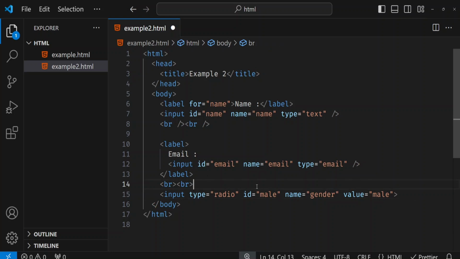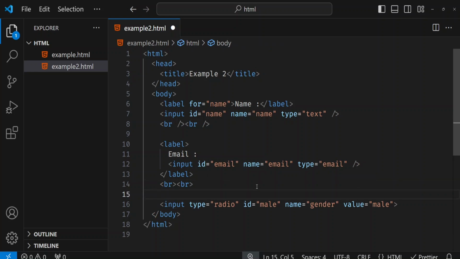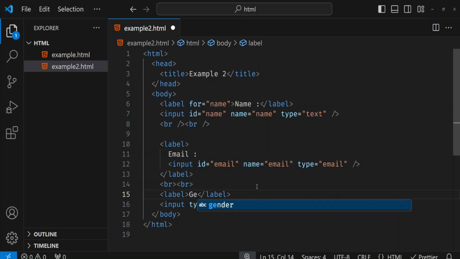And I need a label for this. So label gender